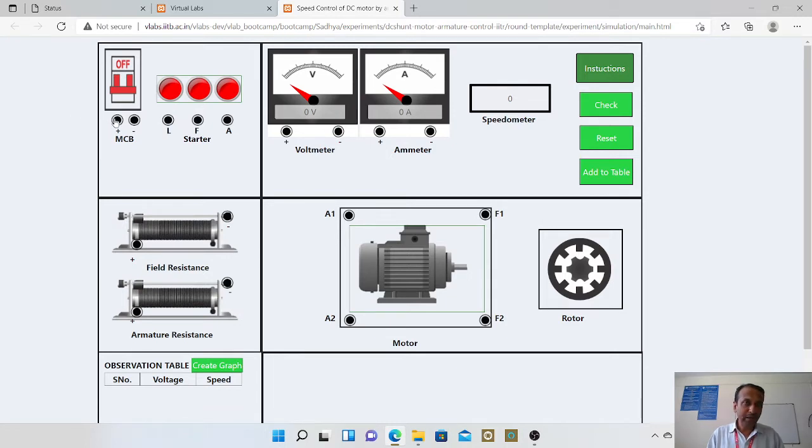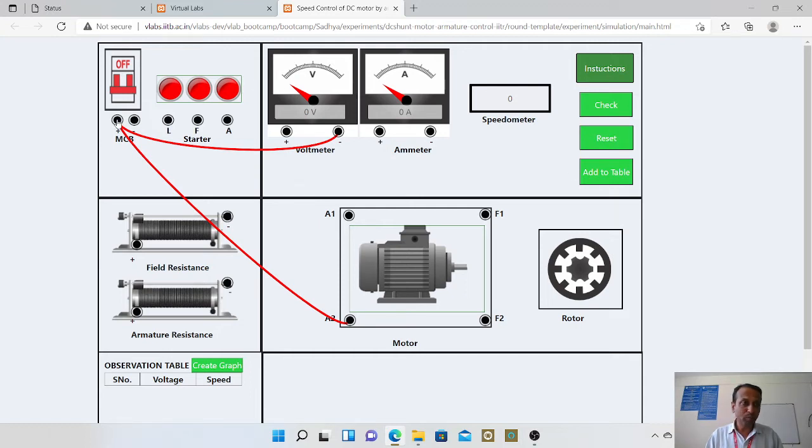So here MCB plus is connected to the negative of voltmeter, then plus of the same MCB is connected to the A2 terminal of the motor. Remember, we have to do these connections in drag and drop fashion. We have to be careful, even if a single connection goes wrong, you have to reset the complete connection.